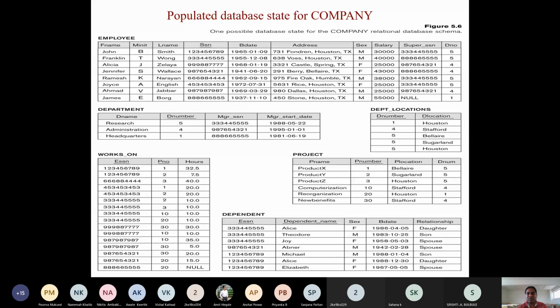When we write queries, we require these attributes and tables to relate one attribute to another. So you can copy this slide and keep it for future reference, whenever we are working on queries.